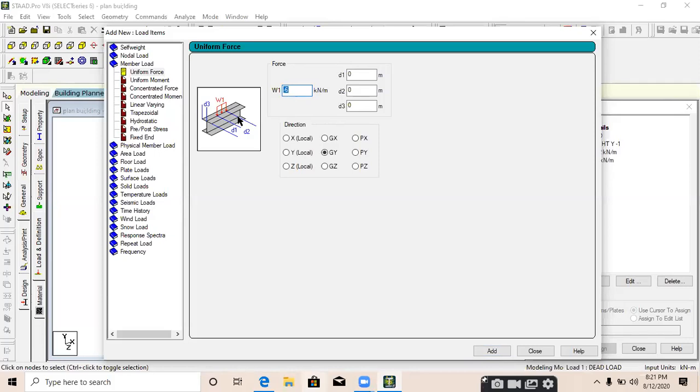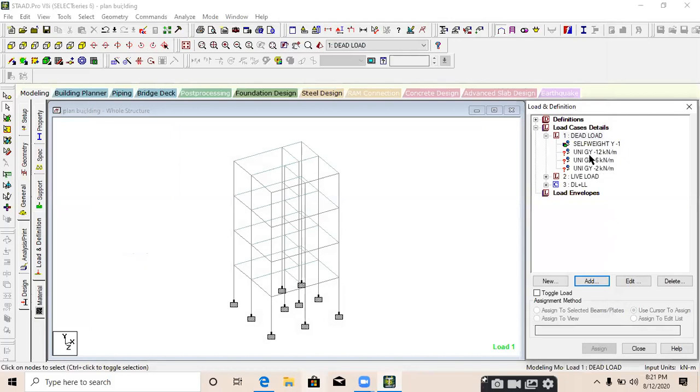And what about the parapet wall? The wall that at the top of your building, which is for the protection at boundary of the slab or roof of the particular building. We called it a parapet wall, and weight of the wall is 2 kilonewton per meter I am taking. So we just need to assign all these loads now.